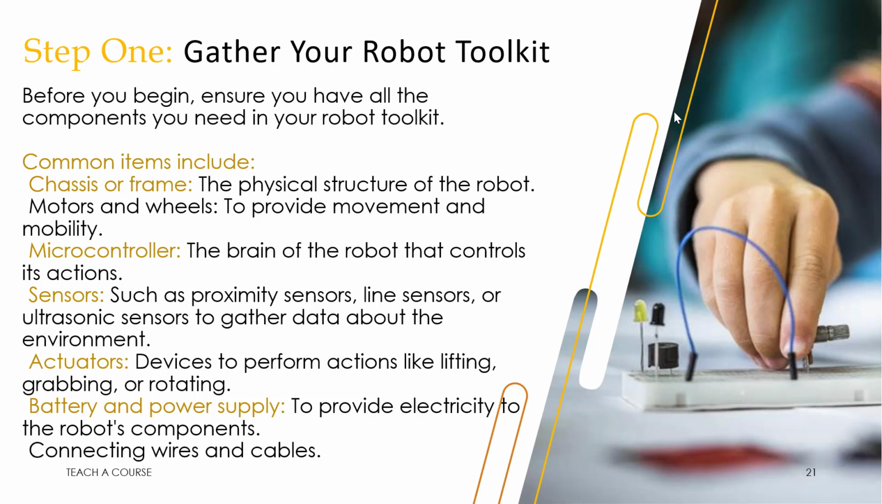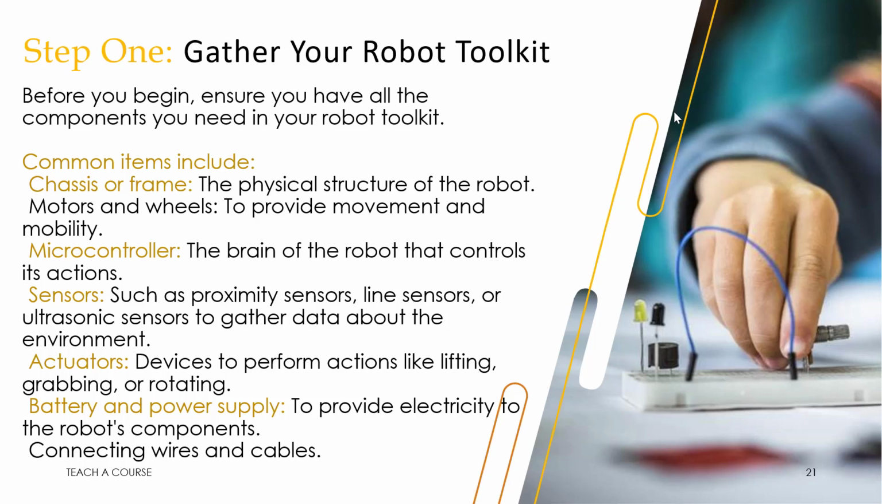So, common items you need to include are chassis or frame. Your chassis or frame now are the physical structure of the robots, motors and wheels. They provide movement and mobility. Microcontrollers, they are the brain of the robot that controls its actions. And